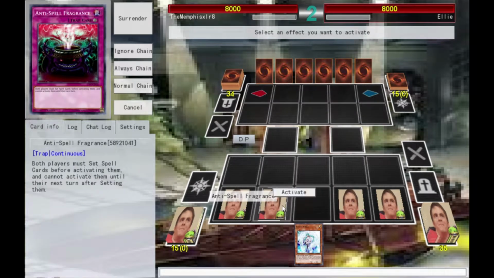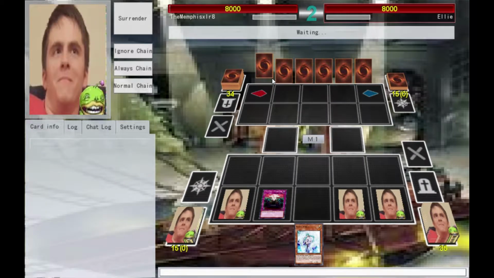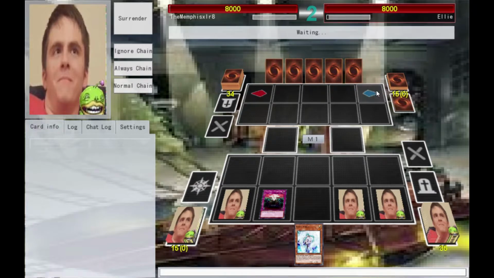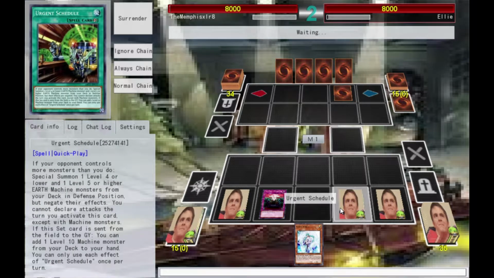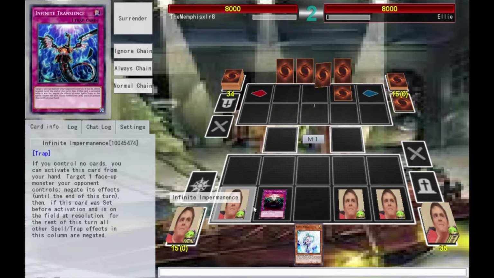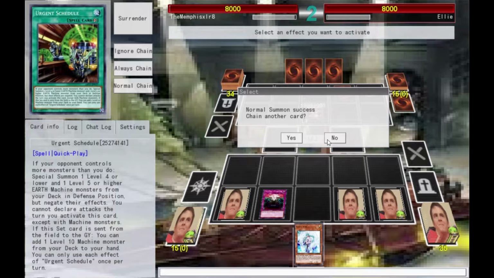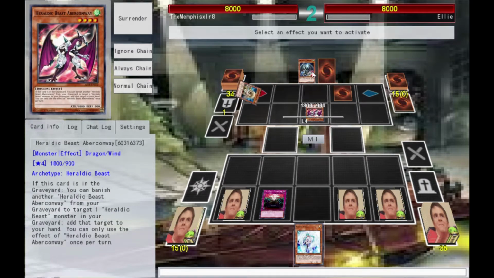So now, of course, start with the Anti-spell and hope that this is Endymions or something like that. That way he cannot play his pendulums. None at all. Unless he got rid of this. Alright, something with a field spell. Interesting. Interesting indeed. Heraldic Beast. The heck is this? This card...